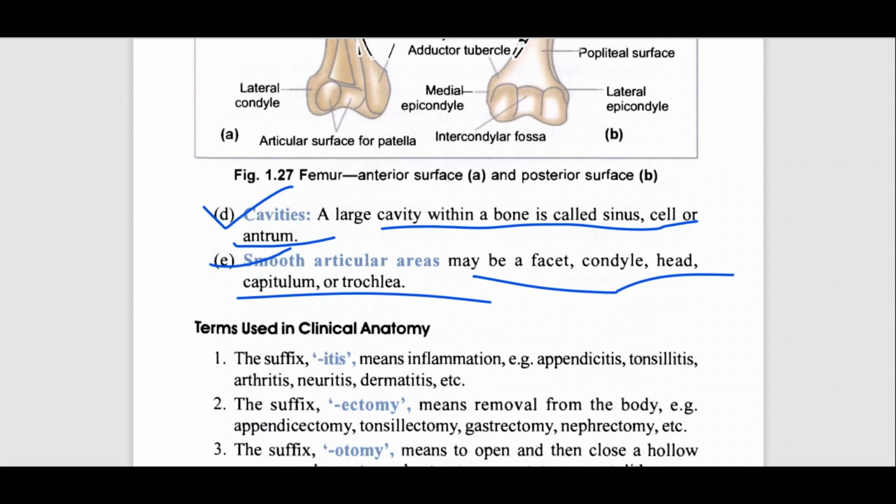In next video, I will be discussing about the terms used in clinical anatomy, and if you remember those terms now, they will form the foundation of your whole anatomical